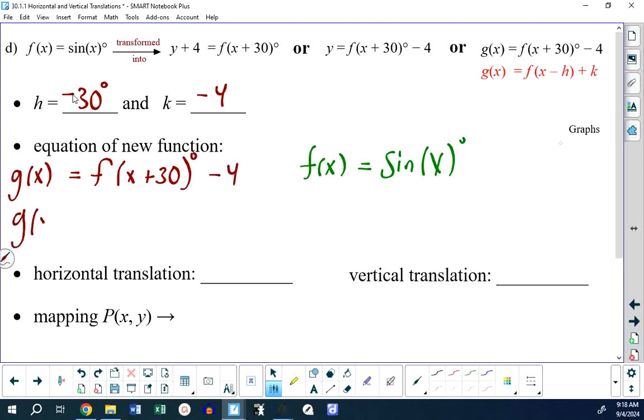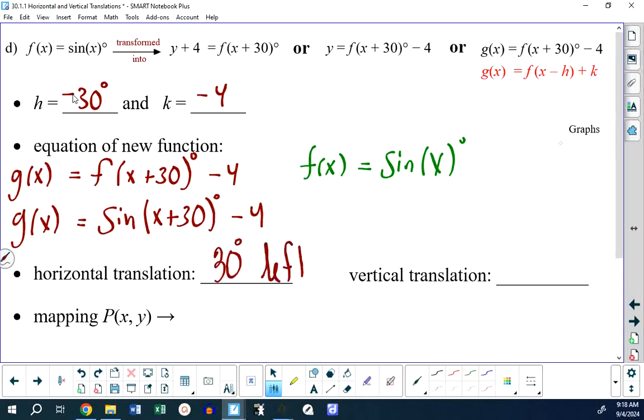Then g of x is f of x plus 30, which would be sine of x plus 30 degrees minus 4. The horizontal translation will be 30 degrees left. The vertical translation should be 4 units down. And the mapping will be x minus 30